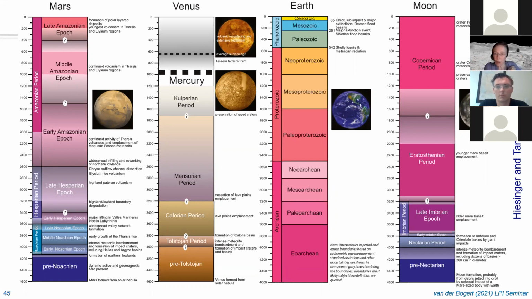Okay, and then Tom is asking about factors affecting CSFDs. You think that mare resurfacing processes should be added to the geology-specific list, or does it fall under target layering? Yeah, that's kind of a target layering item, but maybe it would be useful to have added just a geological resurfacing,